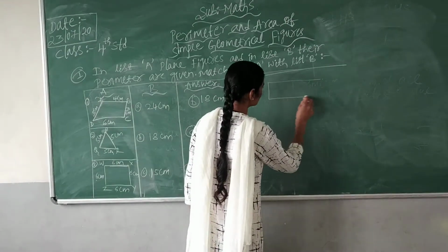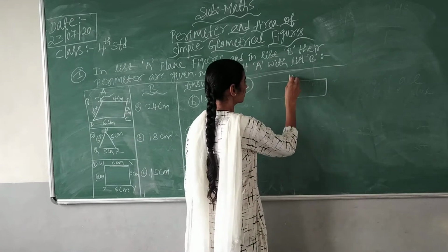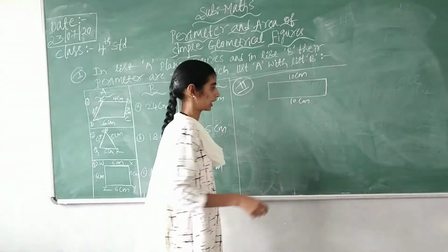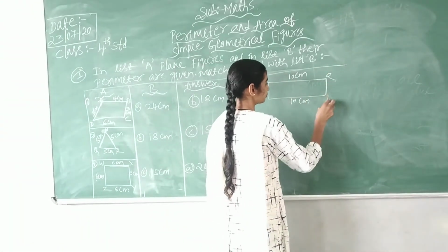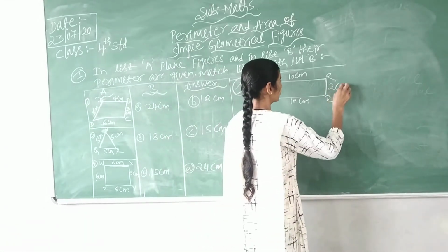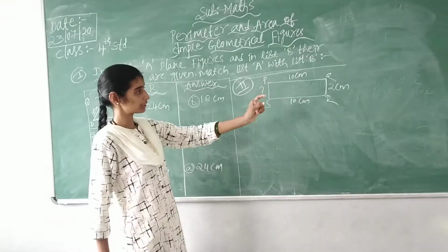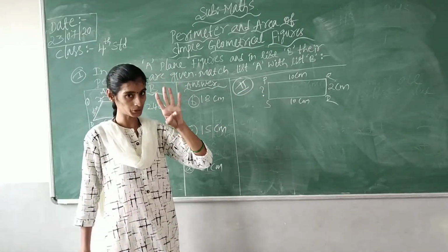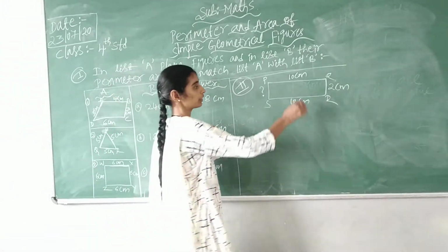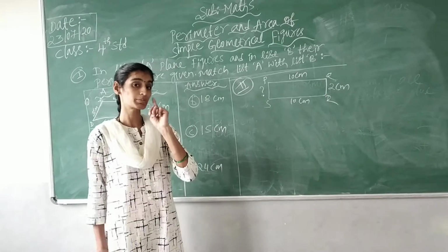Supposing, take this as the figure. What is this figure, children? Yes, it is a rectangle. So, they will give you the sides and here one side is missing. A rectangle will have 4 sides, but they will be giving you only 3 sides. You can see one side, 2 side, 3 side, and the 4th side is missing.